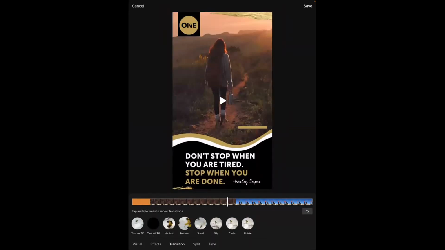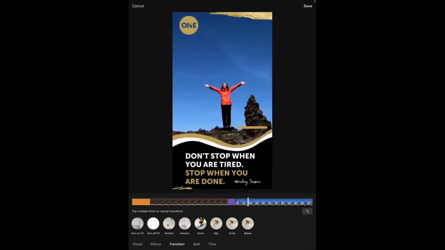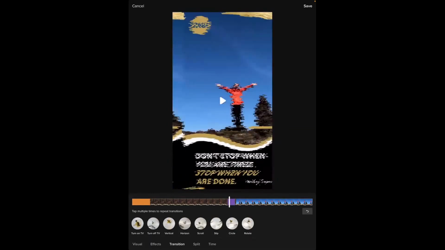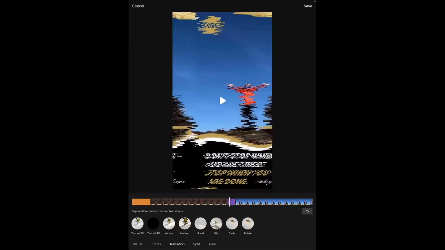So you could do all this on your phone? Yeah, this is all in the TikTok app. This is why it's really powerful. Yeah, it is. And the good thing is you can say